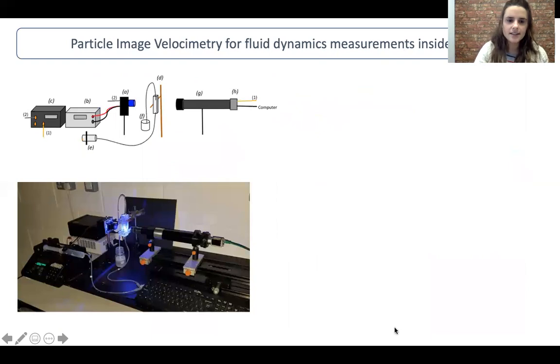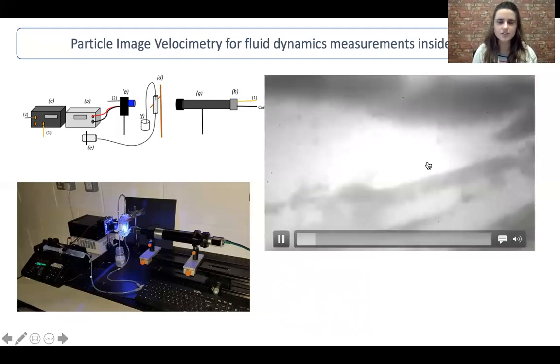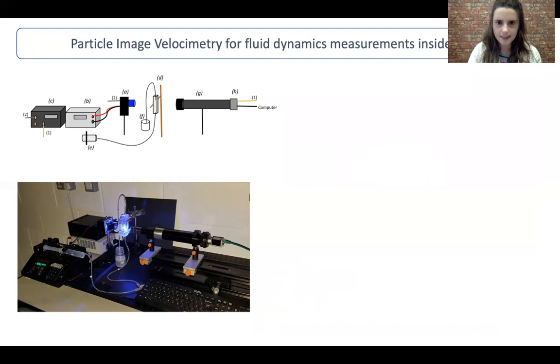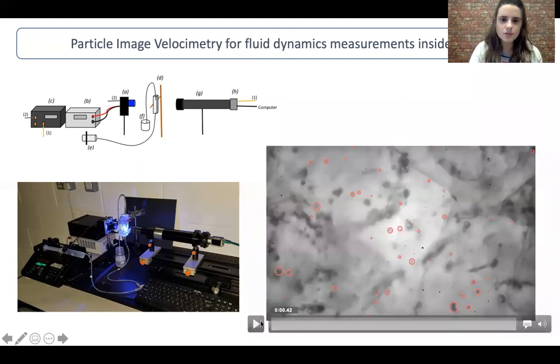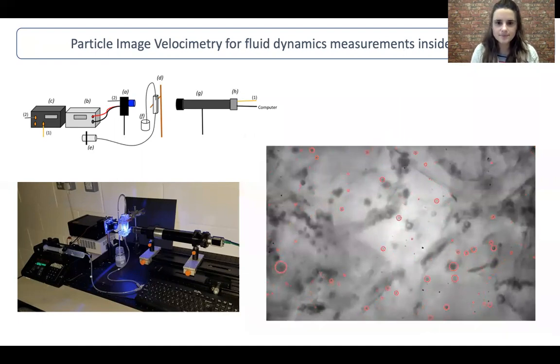After this, I set up a macro particle image velocimetry instrument, which was able to record the fluid passing through the cryogel pores. And as you can see here, these are glass beads at the same size of blood cells that flow inside the cryogel's porosity. From this video, I was able to track these beads flowing inside the pores, and with